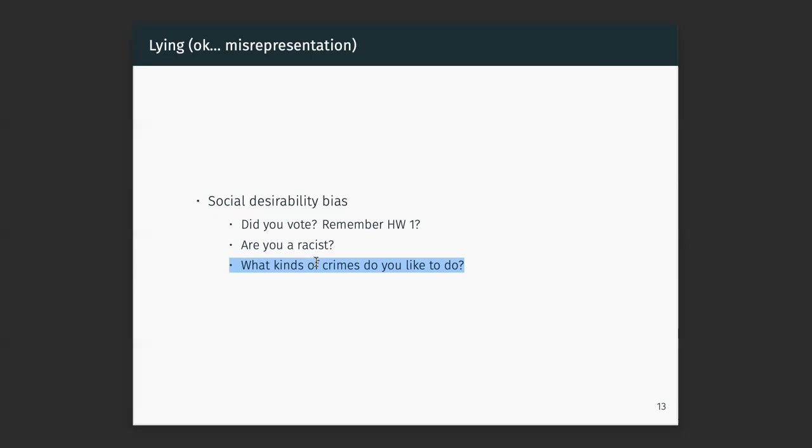We have a strong social system that penalizes involvement in crime, right? So asking people directly about criminal activity involvement actually carries legal risks. These people are like, hell no, I'm not going to tell you what I do in my free time if it carries risk of arrest, right? And so that is going to lead to a systematic bias in their responses based on social perceptions,